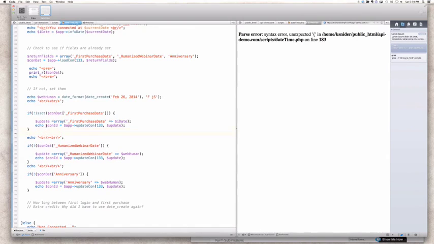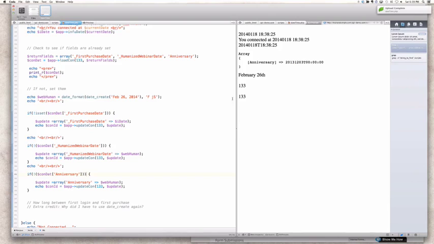Okay. Unexpected curly bracket. Which means I didn't close something. Here's what I missed. There's a parenthesis that I'm missing right there. And one right there too. Now try. Okay. See? Two 133s. And that is because it updated